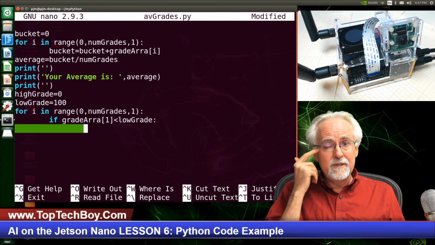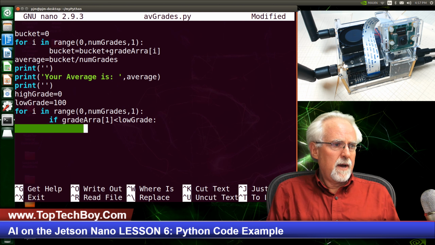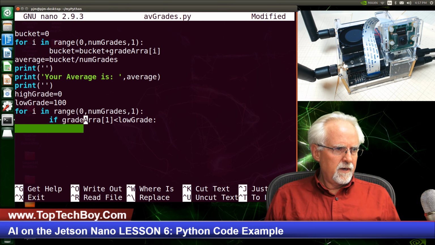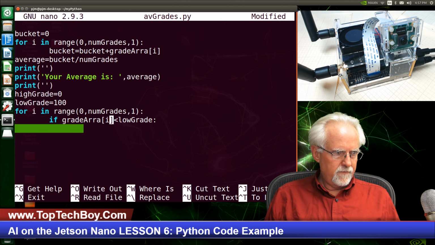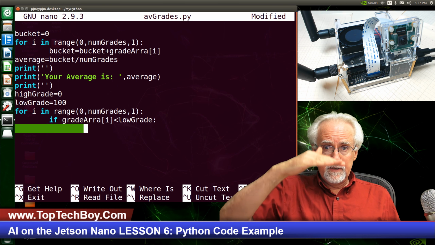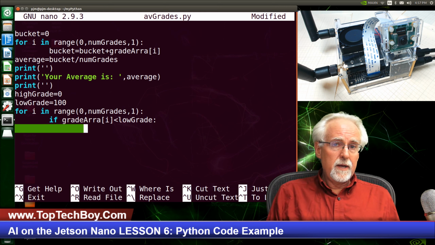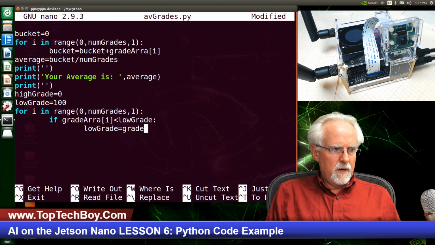And I've told you I really don't like this indentation scheme to keep track of the clauses, but that's the way Python does it. So if grade array, ooh, this was a terrible mistake. I said 1 and not I, and that's a very hard one to find. If grade array of I, as I'm stepping through that grade array, if it is less than low grade, what does that mean? I have a new low grade. So then low grade would be equal to grade